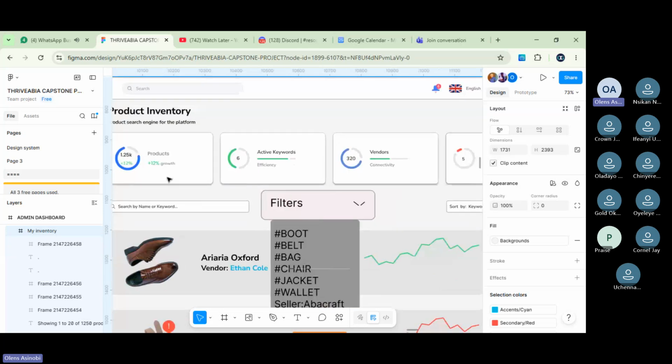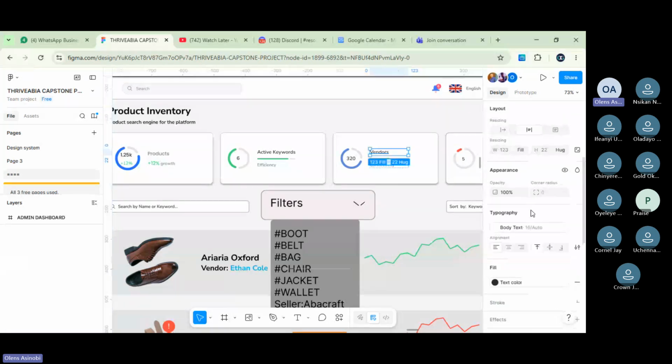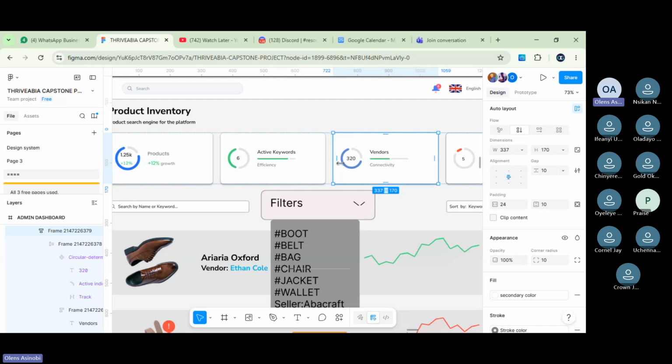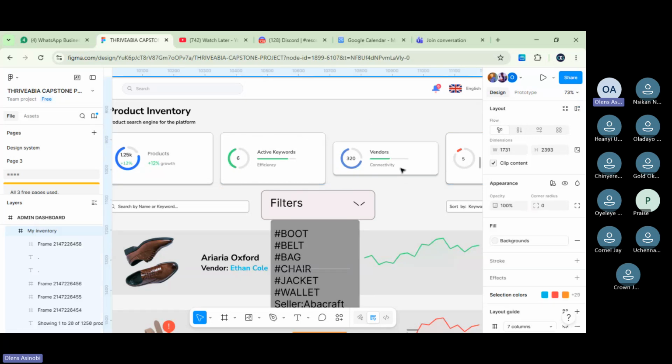So far, I've given correction on these cards. The cards are too big. Make these numbers bigger. Then this text, which text did you use here? Okay, body text is okay. The reason why this text is looking small is because the cards are too big. So they should reduce the height, the width, the space. The padding on the left and right is okay. But this thing, you can set it to all contents. Then increase the padding to 20. I think use this now as a reference. I think this is better.